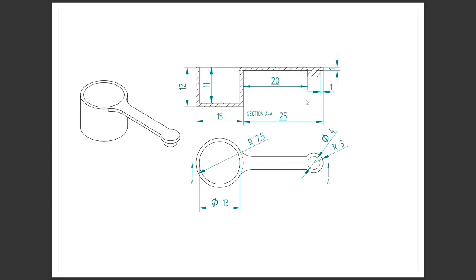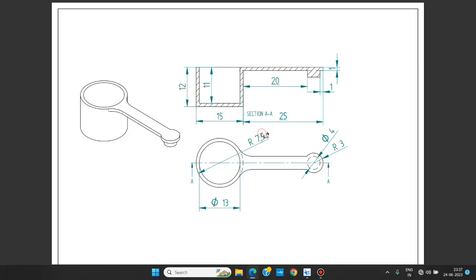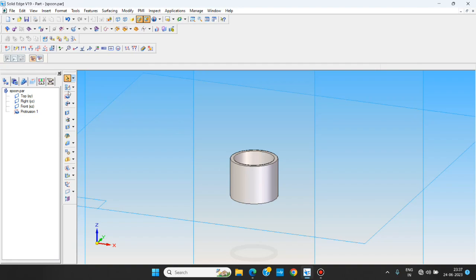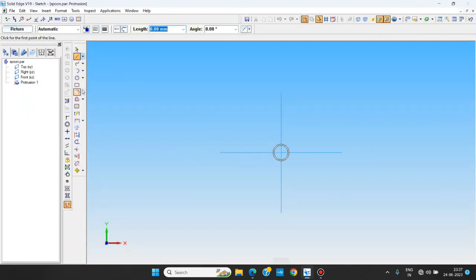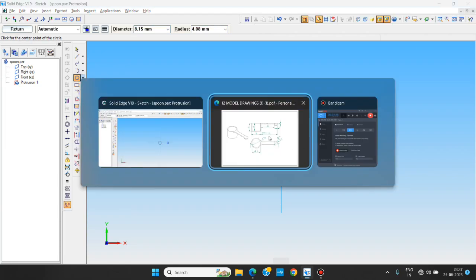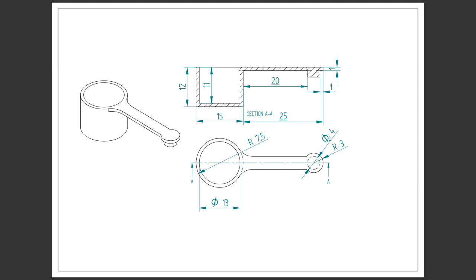Further detailing, here you can see 4 mm dia and it has a depth, I think it should be at least 3 mm depth from the top. That is at the location of 25 at the maximum length from here. So keeping this dimensioning and making another sketch using protrusion, same top, circle here as mentioned dia 4,